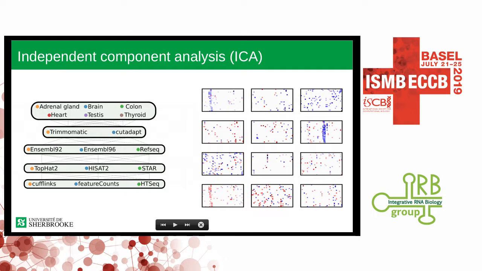Sources can be thought of as gene expression patterns, where each source has a number of significant genes either in blue, which means that they are lowly expressed, or in red, which means that they are highly expressed in the source. And this is only a small number, there are many more.